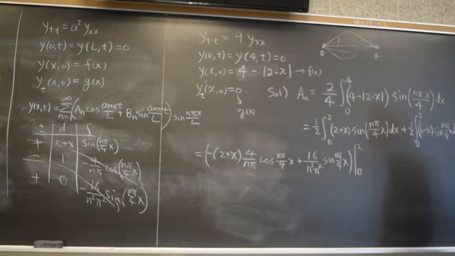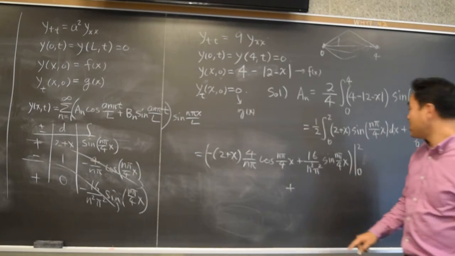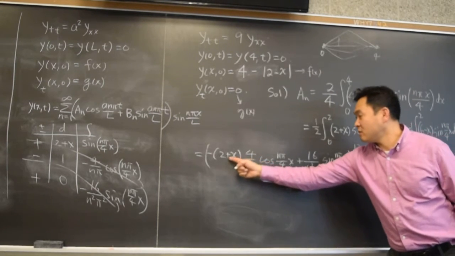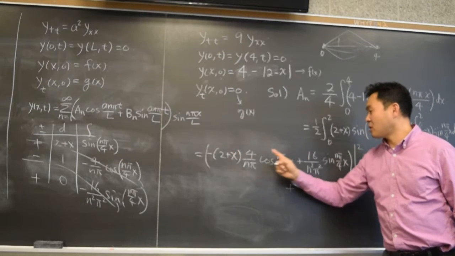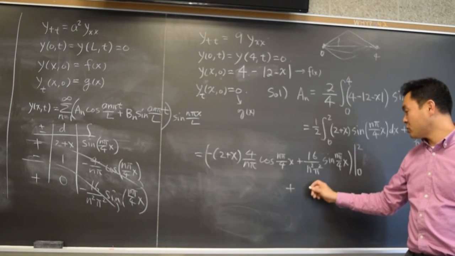For the second one, let's see, I guess we can skip a little bit. Because really, the only thing that's different from this one to that one is instead of 2 plus x, you have 6 minus x. That's the only difference, right? And the next, it'll be 6 minus x and then negative 1. So there's this and positive 1 here, but I'll replace this by 6 minus x, and this will be negative 1 in front. So for the second one, you'll be getting